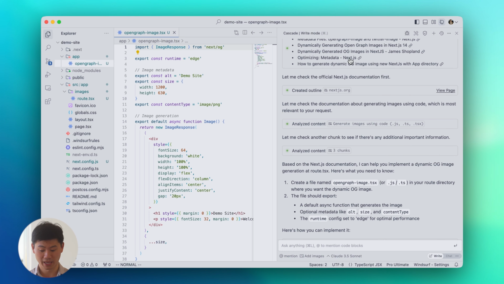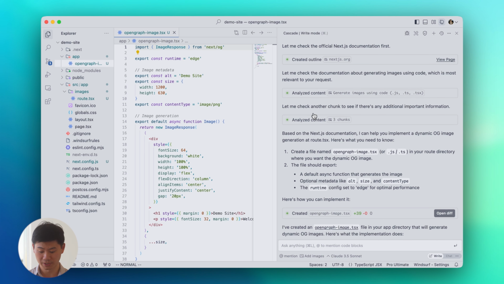It read a page and created an outline. That is a 2nd credit. Now, it's going to look through chunks. And in this case, it looked through 2 pieces of content. The first of which was 1 section of the page, that's 3, and a 4th section of the page, that's